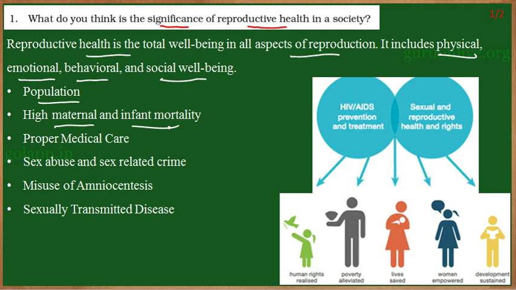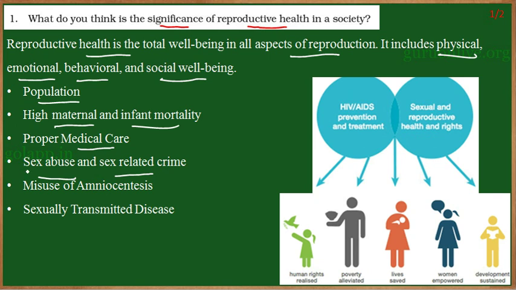Now, at present, if we consider, this has been minimized, but in earlier days, due to less awareness and less advancement in the medical field, there used to be a time where the maternal and the infant mortality rate was more. Insufficient medical care and other problems related are the sex abuse and sex related crimes which take place in the